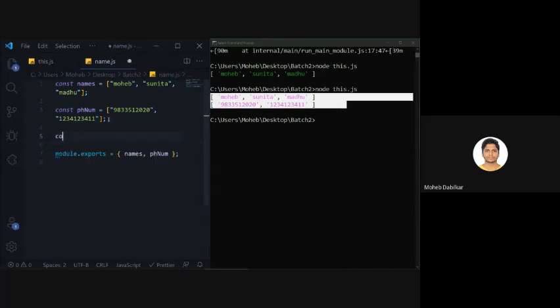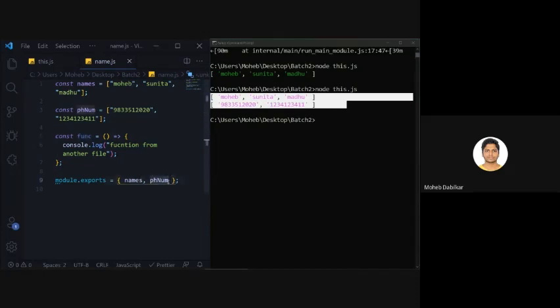So you will say const fun, let's say short for function, equals, and then you will create an arrow function, not a dash. You will put an equal to over here. You will just say console.log function from another file. Now we want to pass it inside over here.